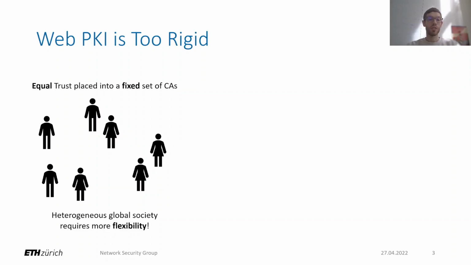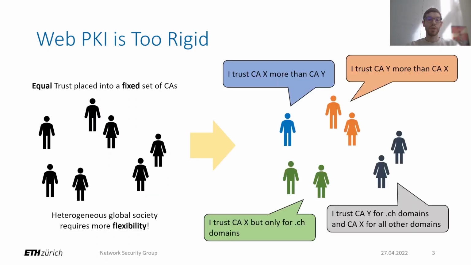On the left side, you can see that each participant of the Web PKI places equal trust into a set of CAs specified by a third party. Despite its numerous improvements and extensions, the core of the Web PKI is too rigid to work well in our heterogeneous society. A modern Internet PKI must allow for flexibility and individuality, as shown on the right side, where each user can have a different view of the world and thus trust different entities. Trust views are based on one's opinion and are thus potentially incompatible with each other. For example, the blue and orange trust views cannot be combined into a single unified view.